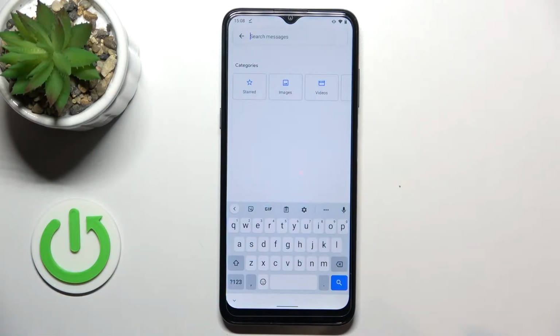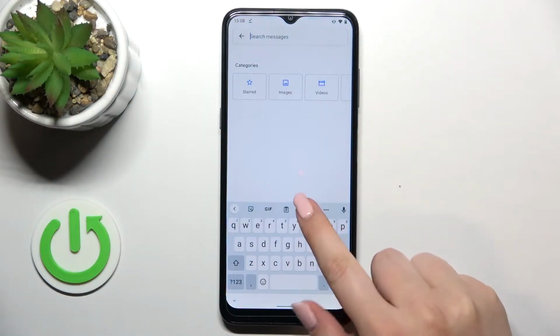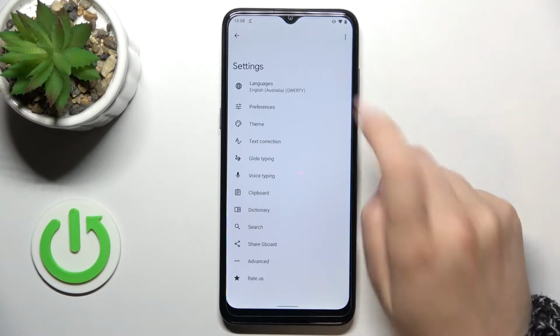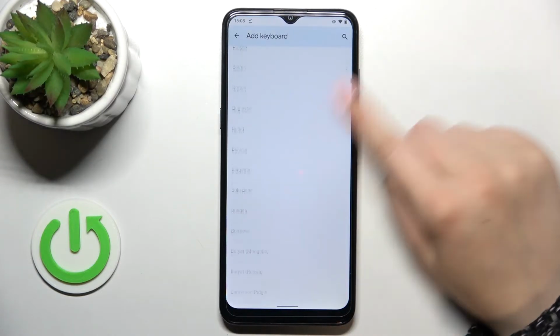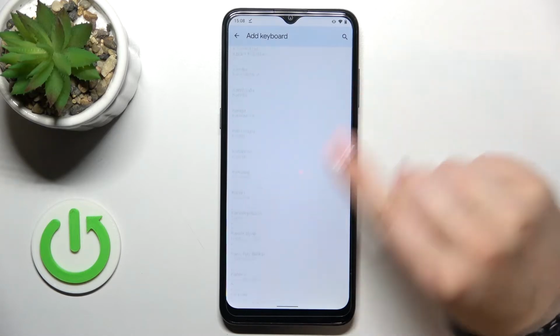And basically all we have to do right now is to simply enter the settings. So let's tap on it and tap on the languages. And here, as you can see, we've got only one language added, so we've got English. Let's tap on Add Keyboard, and here we've been transferred to the full list of all available keyboards from which